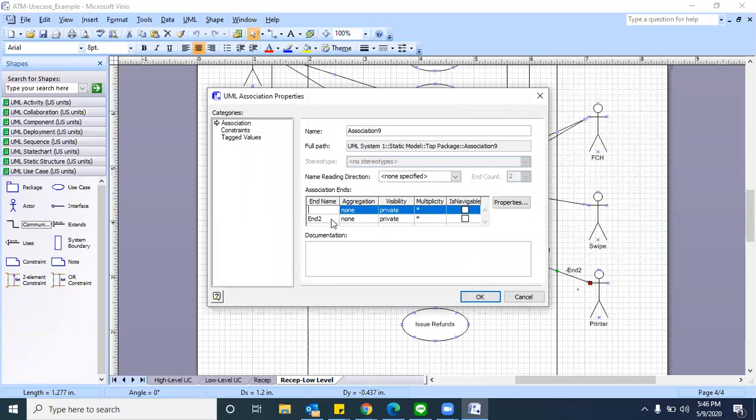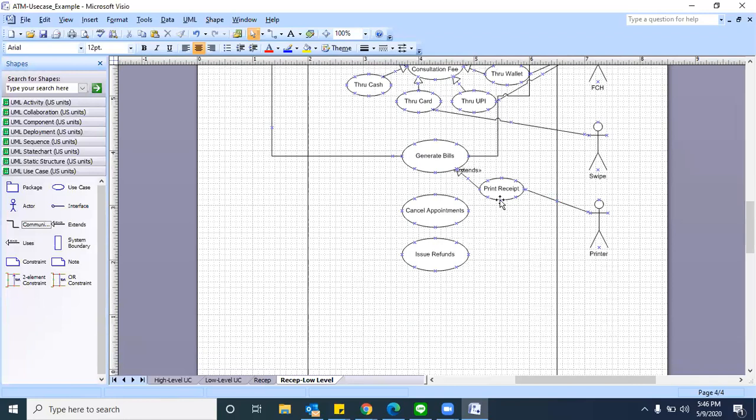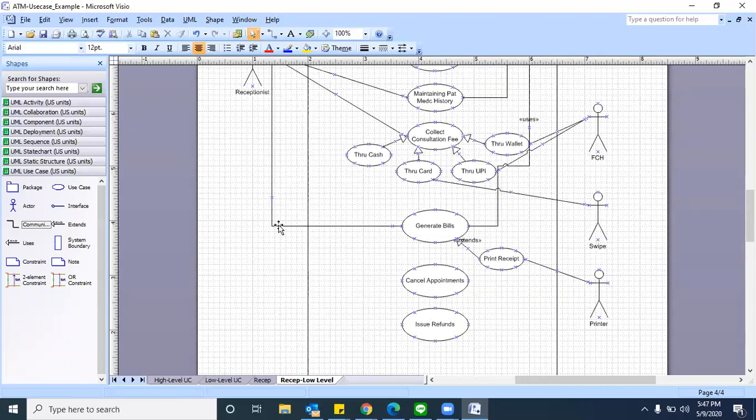Now you understood that for generating a receipt, the optional case is print receipt. Whenever you are taking print receipt, then only we are using the printer here, right? Exactly. You can leave the printout straight away. You can also take a PDF and store it on your desktop instead of taking a printout, right? That's the reason I kept it as optional. Whenever you are going to take a printout, ultimately a printer is required, right? Yes, sir. Got it.